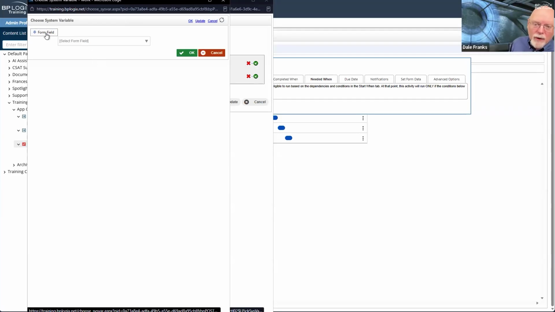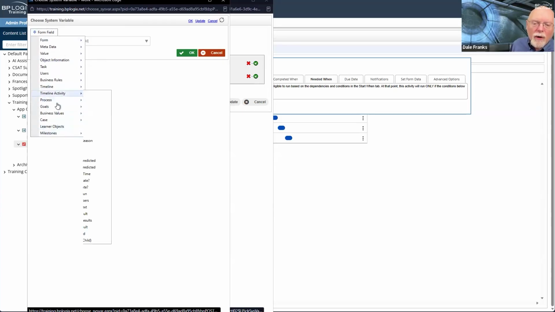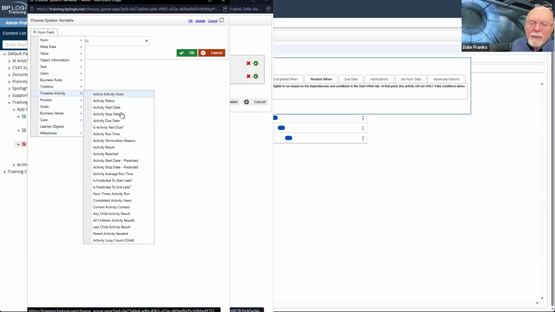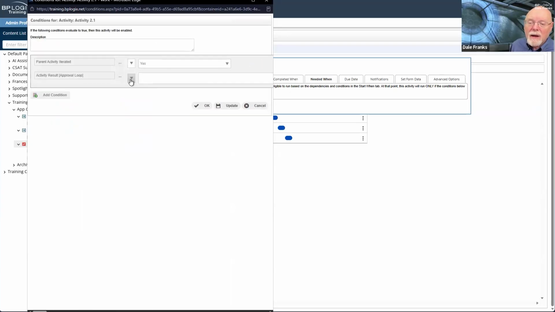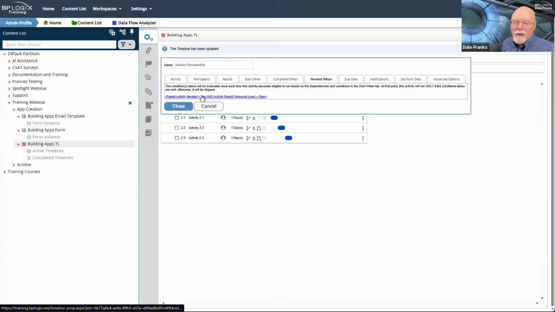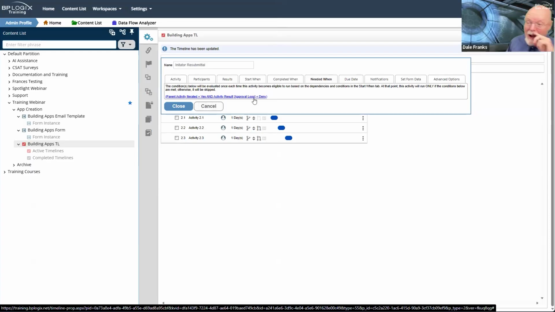So we have lots of options for how we want to control this. In this case, we'll look for timeline activity, and we'll look for an activity result on the approval loop as, well, we have equal, and we'll set that to deny. Okay, so parent activity iterated and activity result of approval loop is deny.